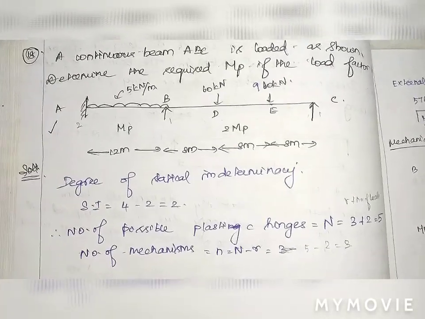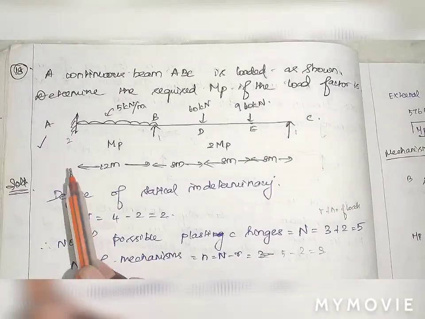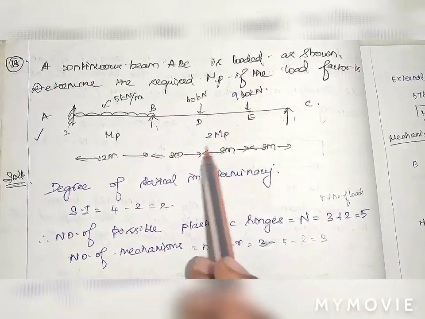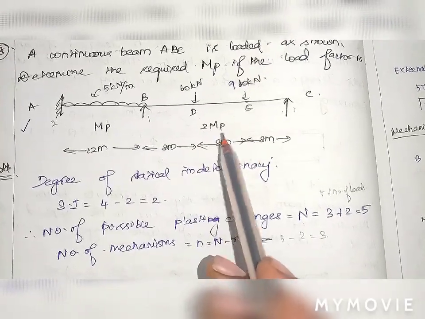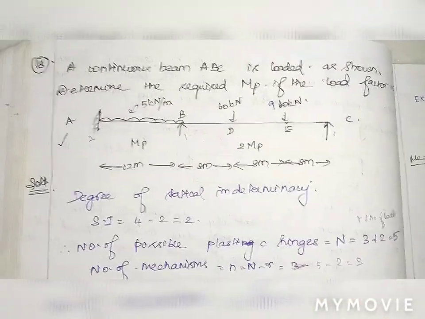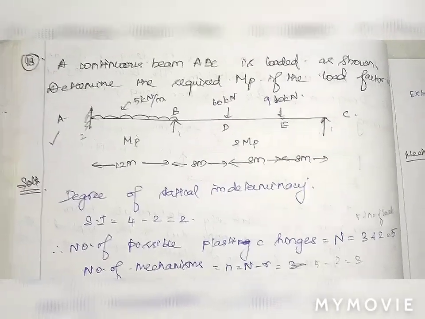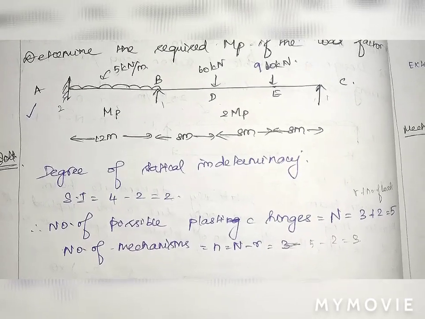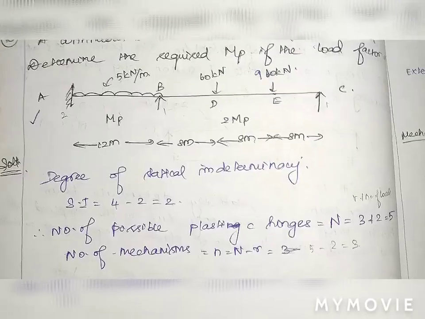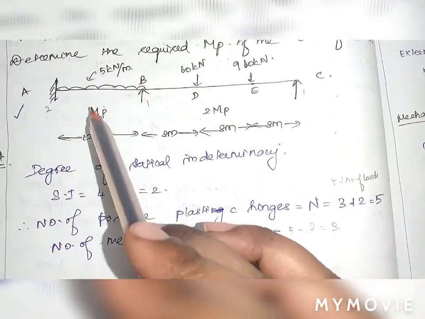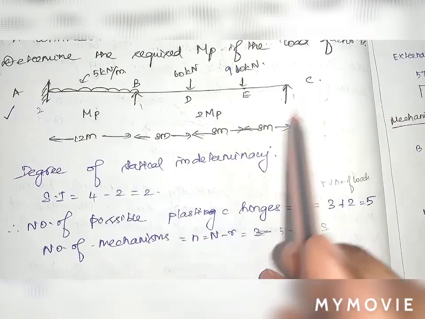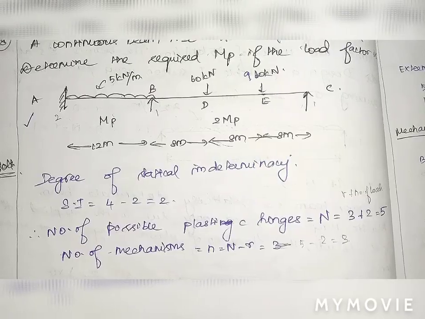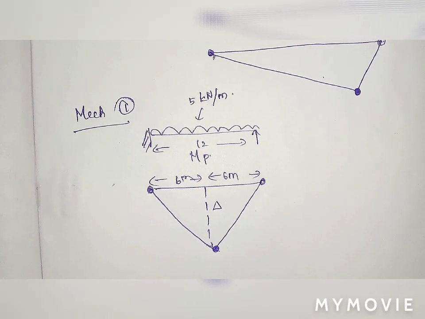Also in the question we can see that in the section AB the plastic moment value is MP, but in the section BC the plastic moment value is 2 MP. Usually in the problems in strength of materials, for some sections they will be given as I, and for the other sections they will be given as 2I. That is the same in this problem. So while solving this section you can take it as MP, and while solving this section you can take the MP value as 2 MP. That's the concept. I am going to plot each and every mechanism separately.